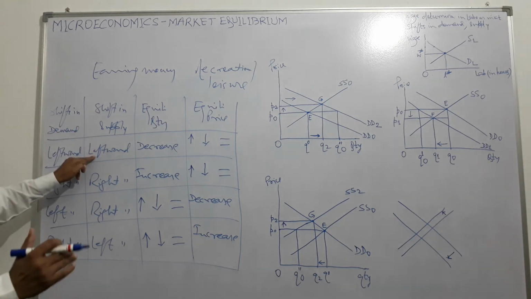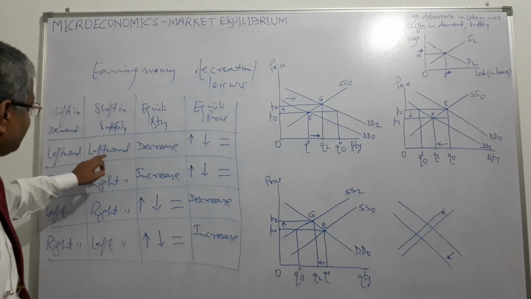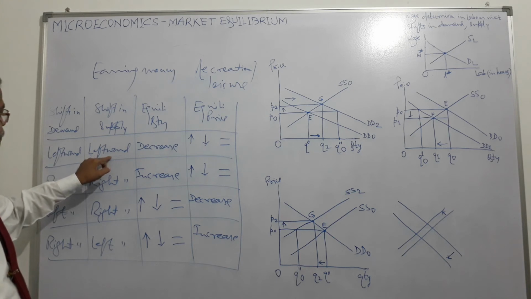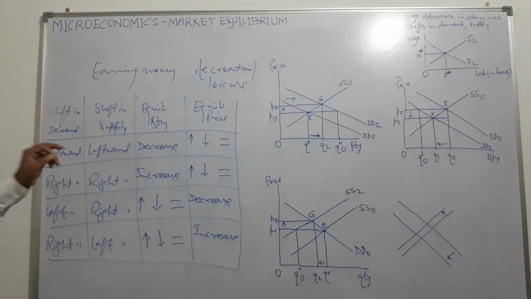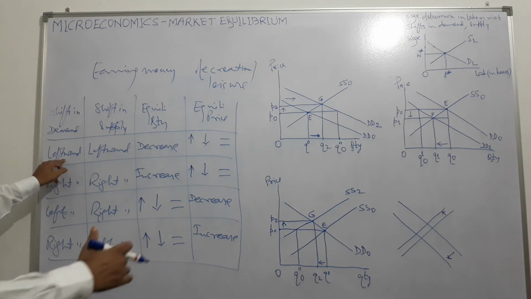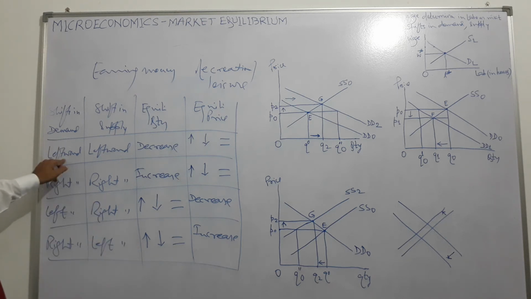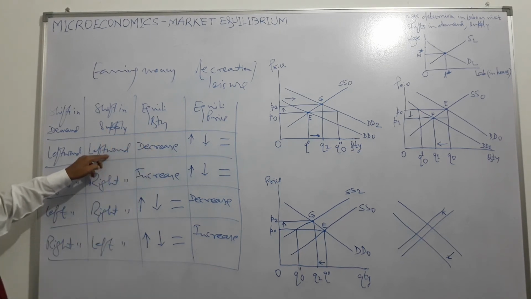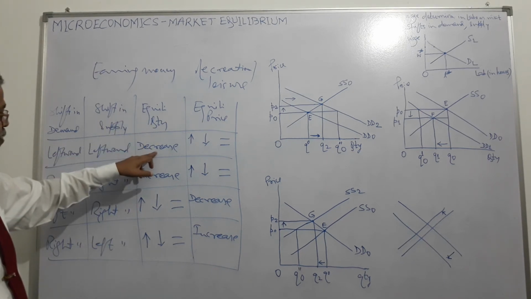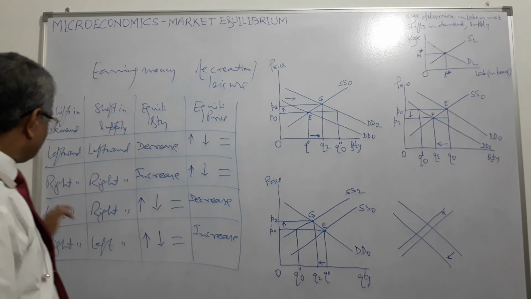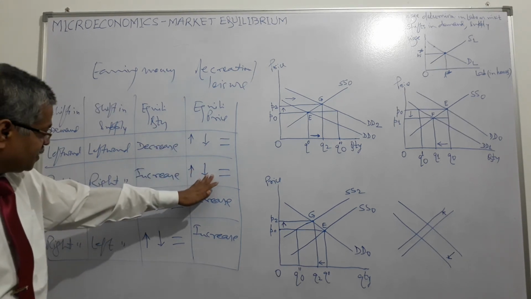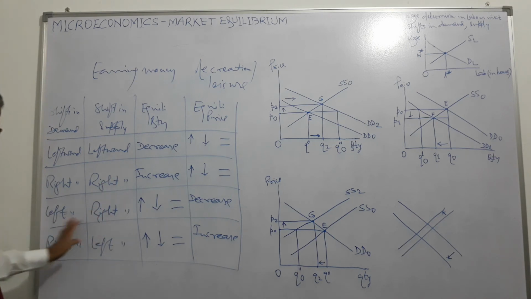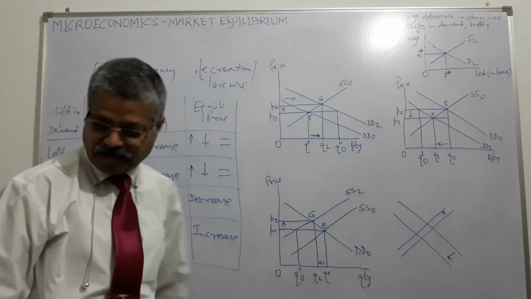Shift in supply is leftward, means supply is, what is happening to supply? Shift in demand is leftward, so the downward sloping curve moves leftward, it has reduced. Shift in supply, the upward curve, goes leftward, means it decreases. Equilibrium quantity will decrease, and then right, increase, may remain the same, may increase, may decrease. Left, right, this is the best way to remember it, right?